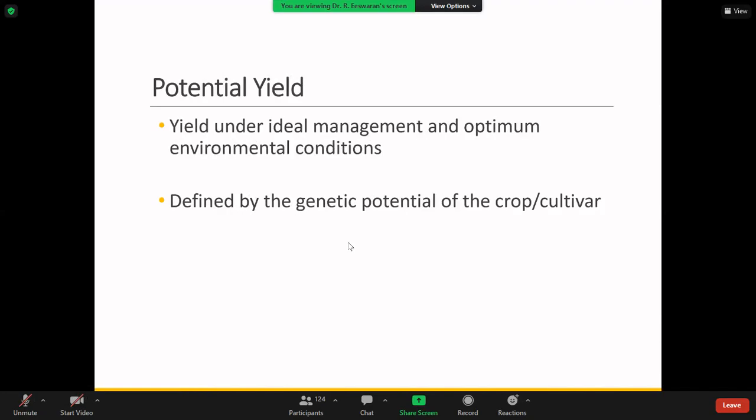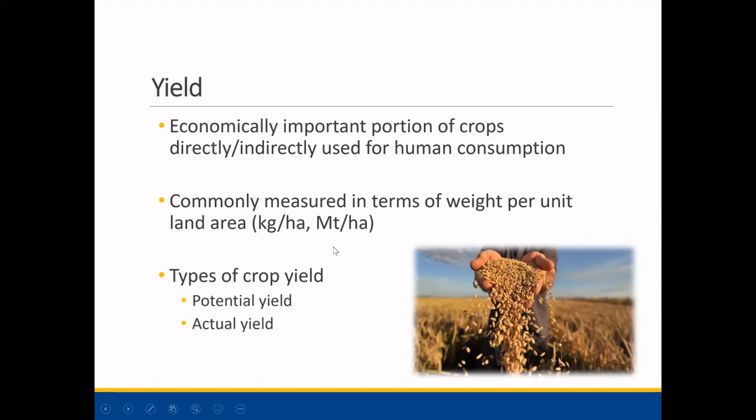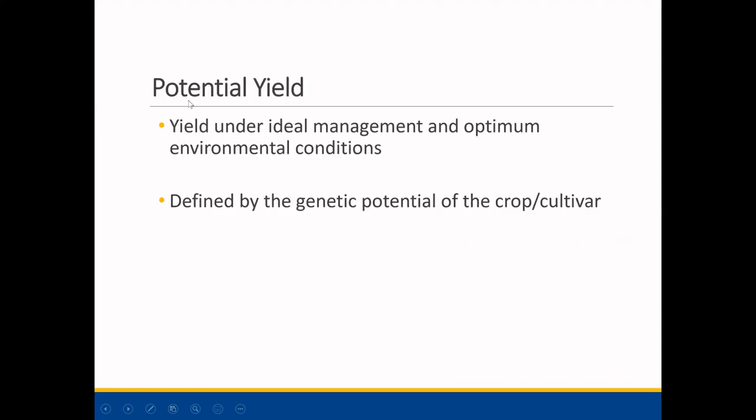So let's look at what is potential yield. We said that for crop yield there are two types: potential yield and actual yield. The potential yield is kind of a hypothetical one, because it is the yield under ideal management and optimum environmental conditions. If you provide ideal management and optimum environmental conditions for that particular crop, and the crop can produce yield, we call that potential yield. That's the potential of that particular species,